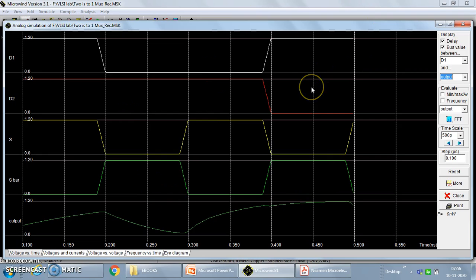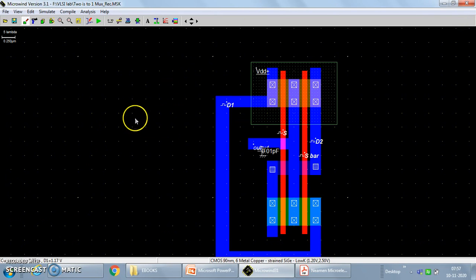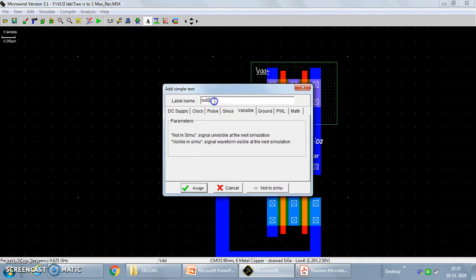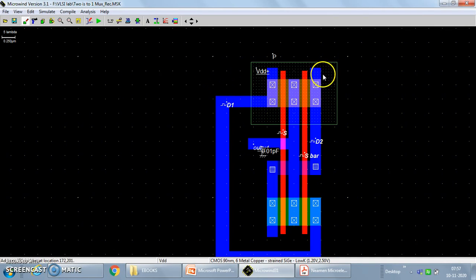This is what the waveforms of the transmission gate are. Transmission gates are used to design the 2:1 multiplexer. For the sake of understanding, we can give the labels if you want. This transistor is P1. This transistor I will call P2.